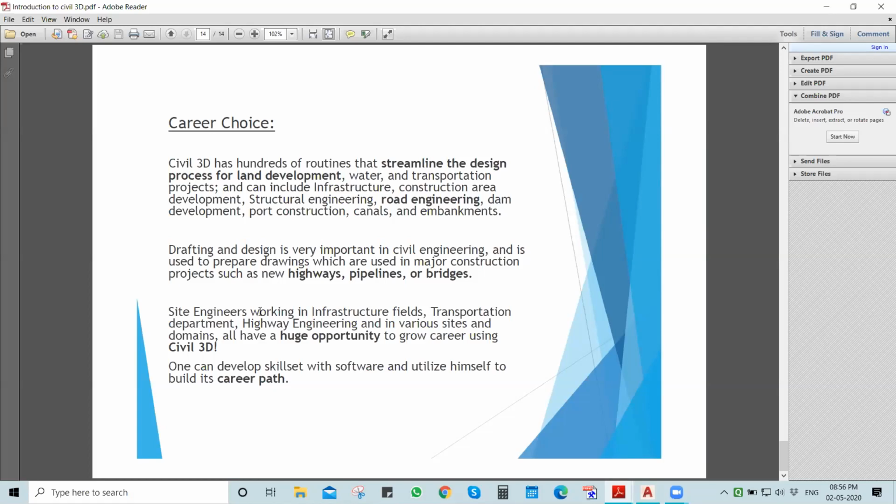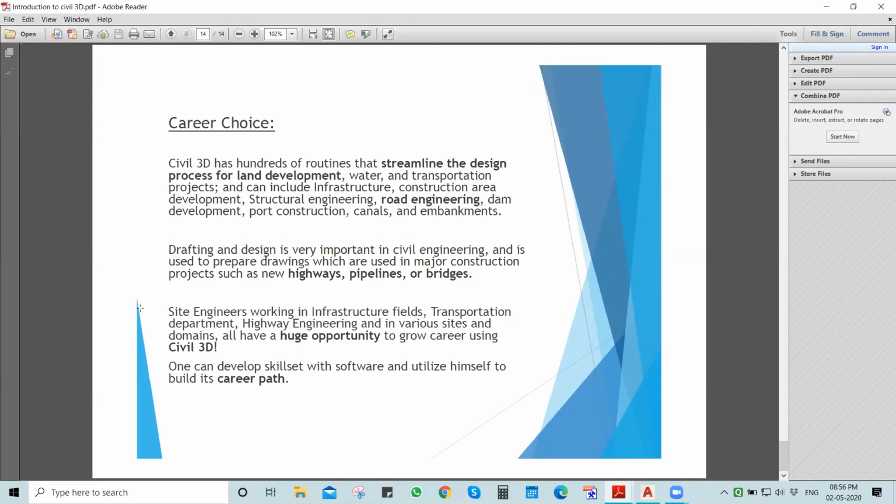If you see the screen, one can develop a skill set with the software and utilize himself to build his career path. Site engineers working in infrastructure fields, as I already said, the transportation department, highway engineering, various sites and domains, all have a huge opportunity to grow a career using Civil 3D. Civil engineering is not only limited to site execution.